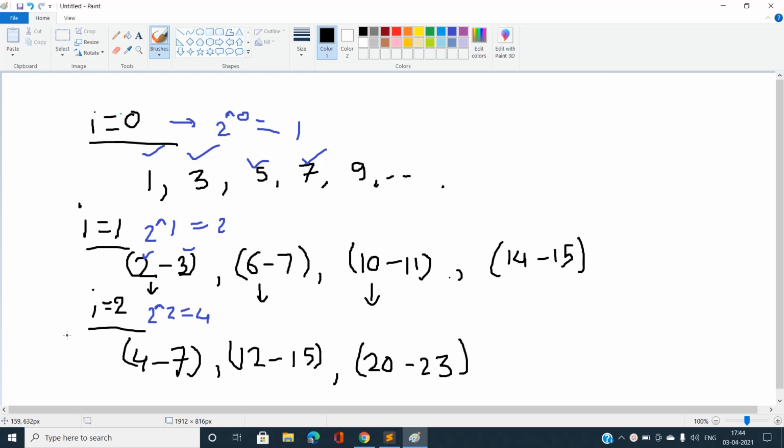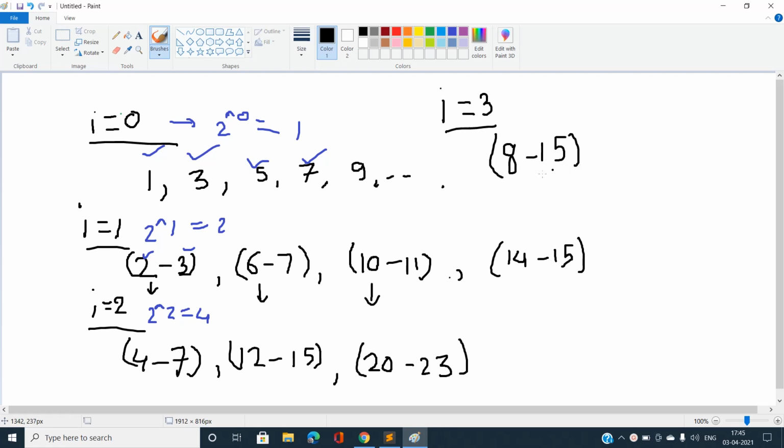And what should be the next one? It should jump directly by 2 power i plus 1. If I'm working with i equal to 3, 2 power 3 would be 8. Then I should jump by 2 power 4, that is 16. So what should be the pattern for i equal to 3? Let me write a few patterns. Okay, for i equal to 3, it will start from 8 to 15, and then the next step would be